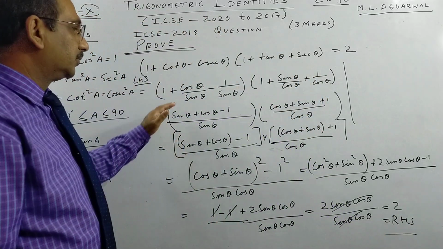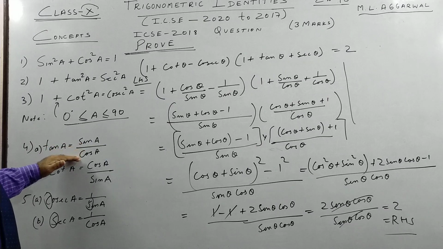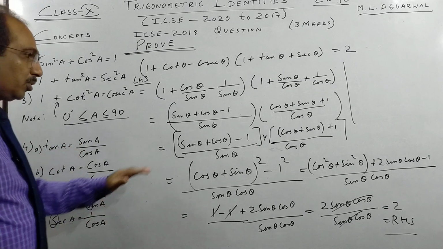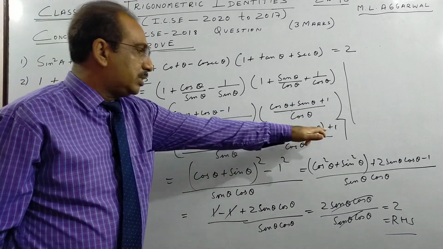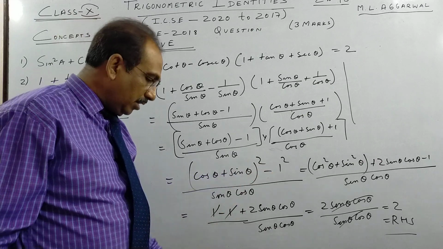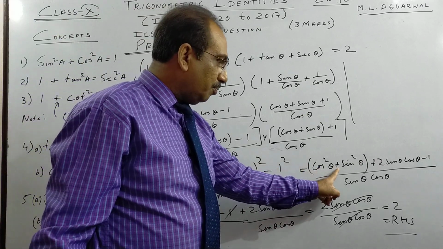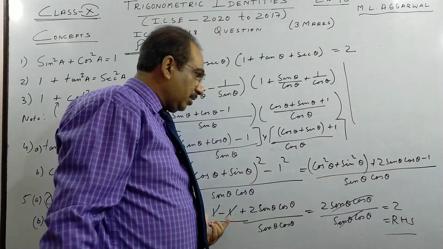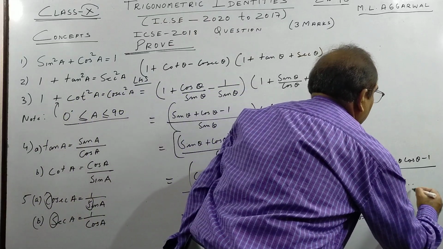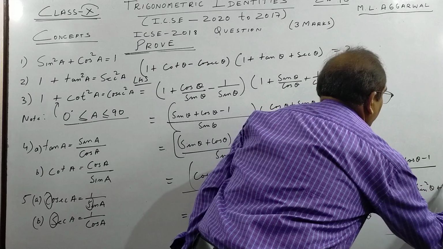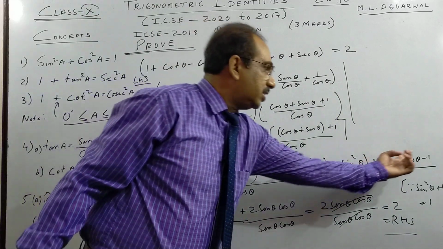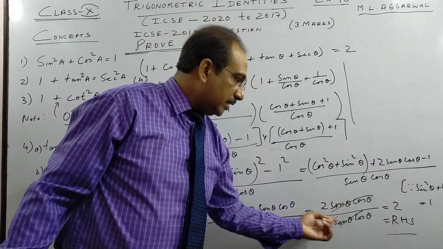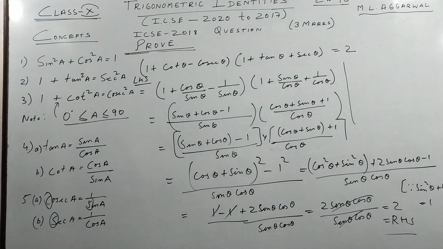So once more, use this relationship, quotient relation, reciprocal relation. We get common LCM. Numerator you get in the form A plus B, A minus B. So I write A square minus B square. A square minus B square is A square plus B square plus 2AB, but this gives you 1. Why? Since you can write sine squared theta plus cos squared theta is equal to 1. So I put 1 here, this one and this one cancels, then this cancels and we get 2. So kindly pause the video and copy.